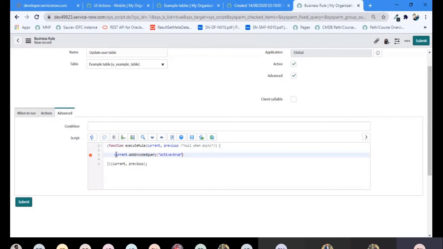So whoever the person is, whatever kind of query he is hitting, he will be able to see only those records which have active true. They will not be able to see anytime, anyhow, the records which are active false, right? So this is the use of the query business rule. Whatever query they are doing, your query will always run, and only after that will they receive the result.